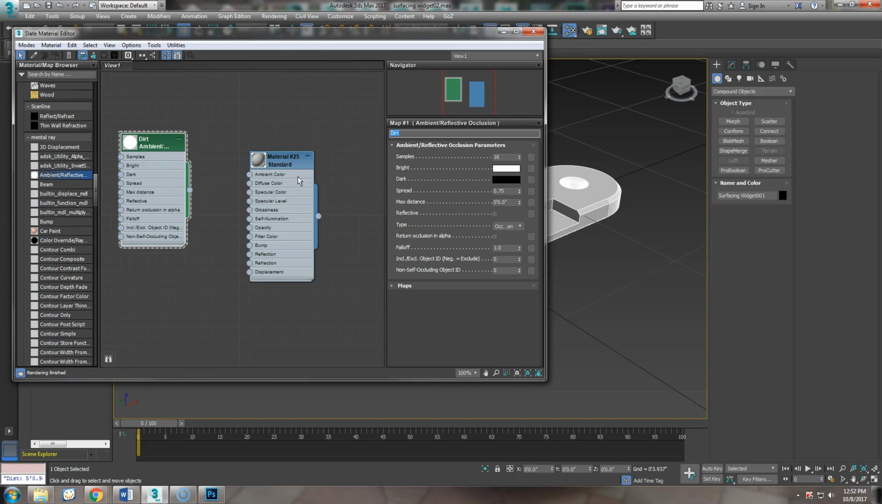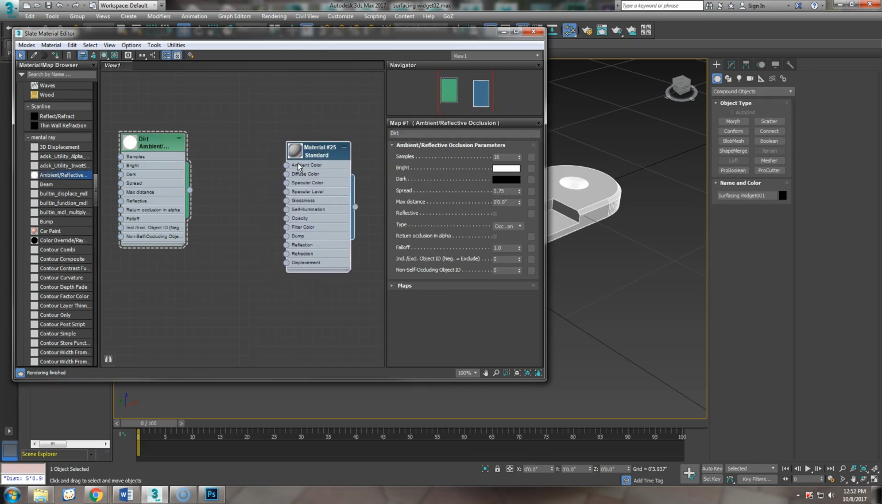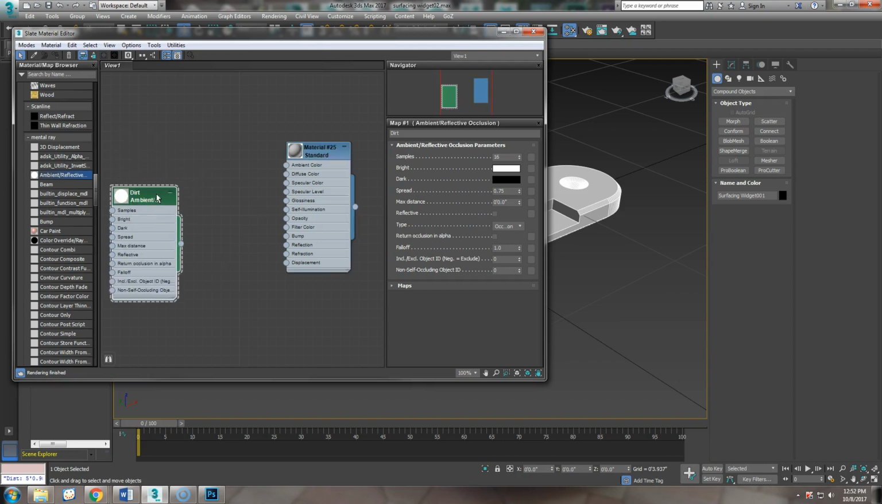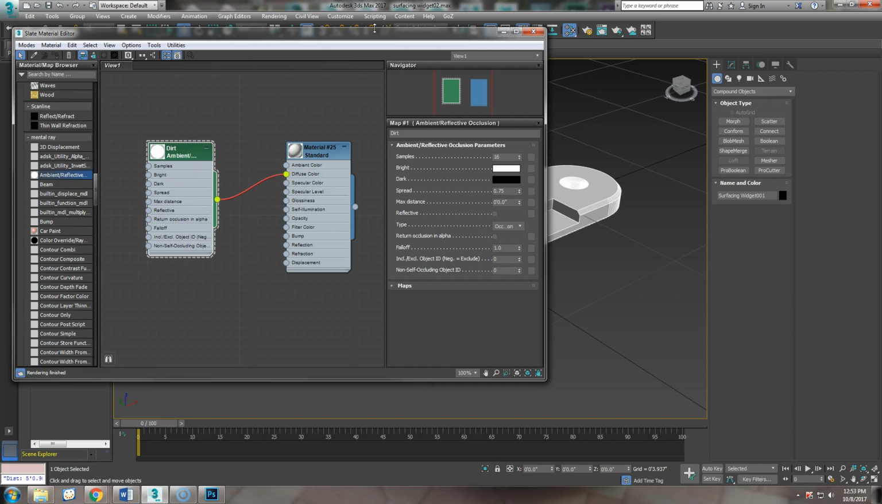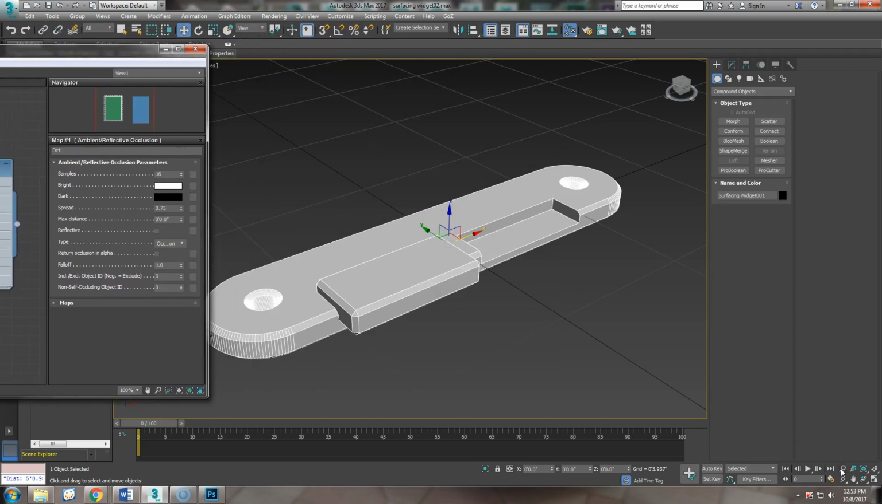Now, it doesn't matter if I use a standard shader on this right now. Later I wouldn't use a standard shader because it's not physically accurate, but for right now, it's fine. Okay. Now we can go ahead and put this into our diffuse slot. Okay. And then when we render,